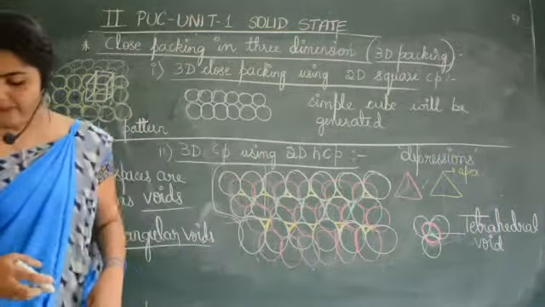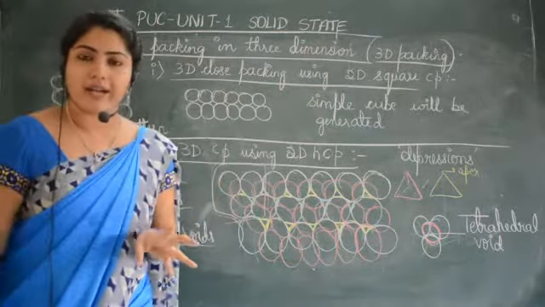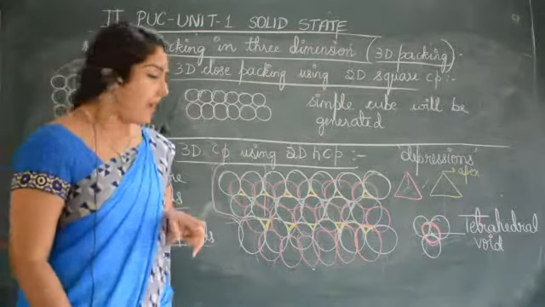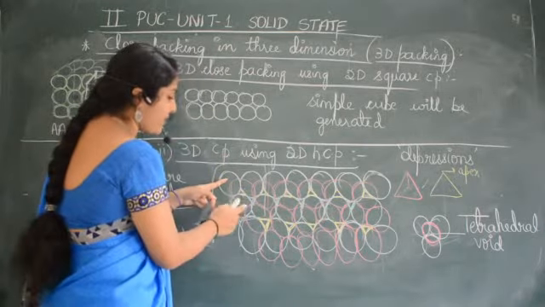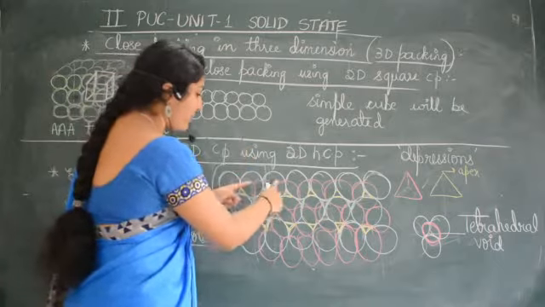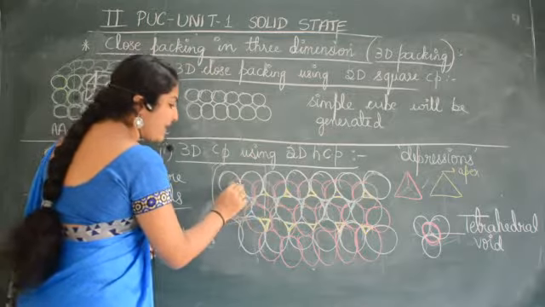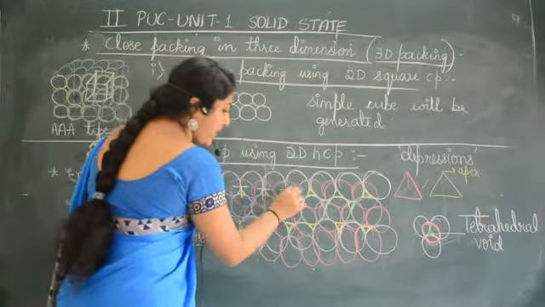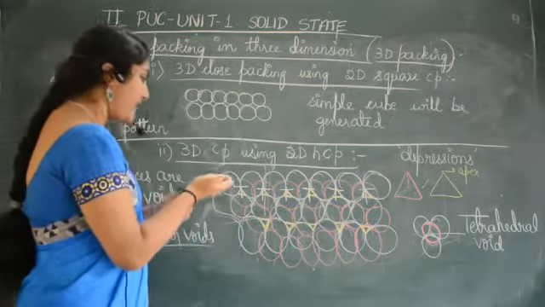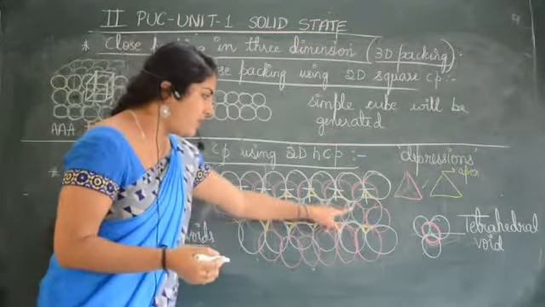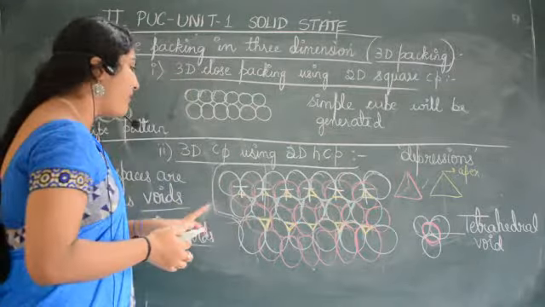See, here two types of voids will be formed. One is called an octahedral void and the other one is called a tetrahedral void. Please do listen. Here, this which is formed by four spheres, 1, 2, 3 and the fourth one, again 1, 2, 3 and the fourth one. These voids are called tetrahedral voids. And you have seen a triangle facing downwards here. Even this one, these voids are made up of 6 spheres.